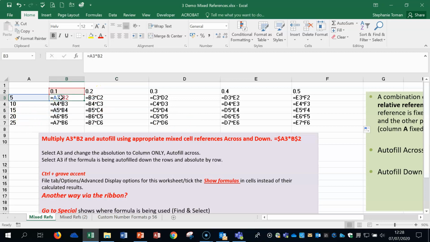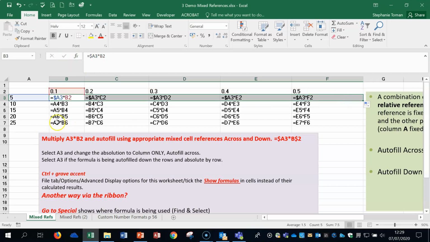So what we need to do is change it so that when we autofill across, it moves across there but stays on A3. And when we take it down the row, the B2, this moves down, but this stays the same. So let's have a look in practice, because sometimes trying to explain it is always difficult. So let's make it absolute, and that would work, would it? So let's tap it again and make it by column. That's by row because it's in front of the 3. So we need the $ sign in front of the column. That works. If we then tick that and we take it across,